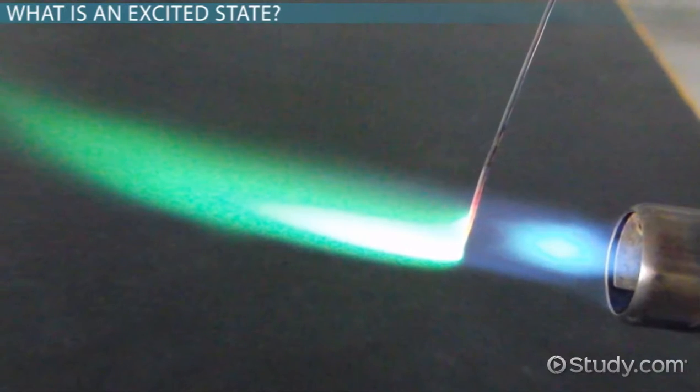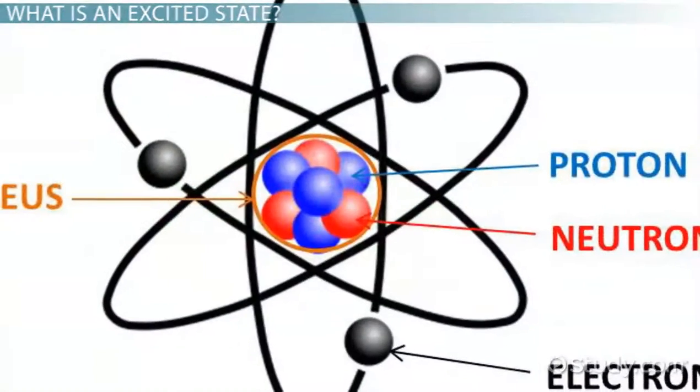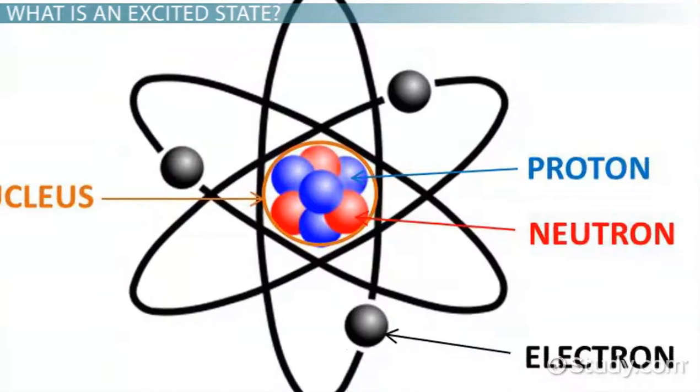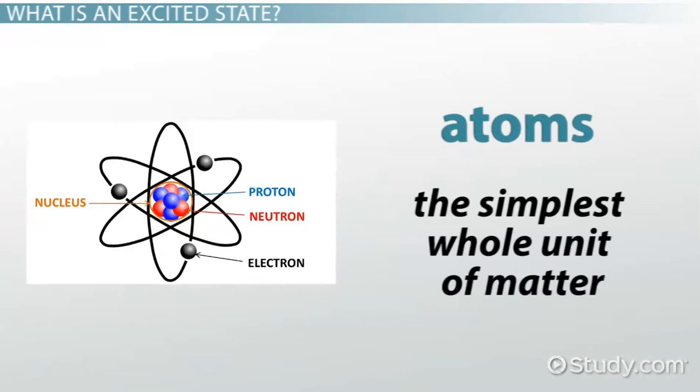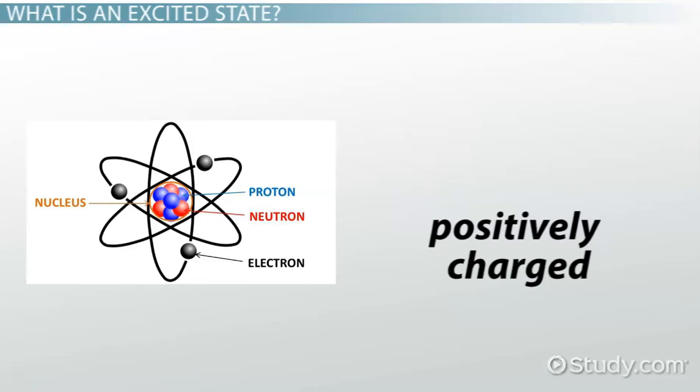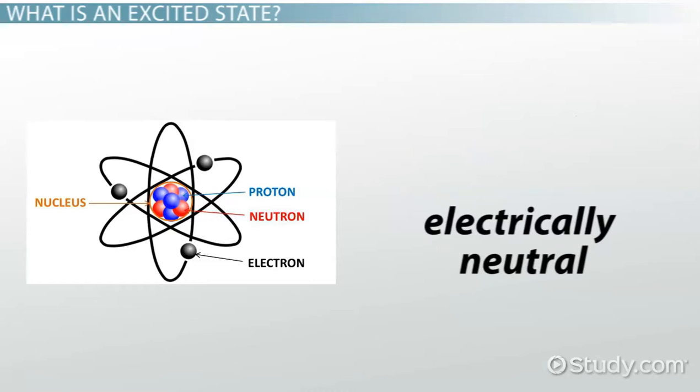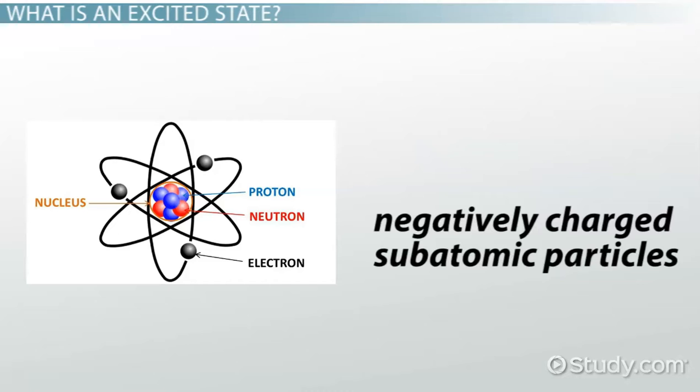known as excited states. Before excited states can be defined, some basic concepts from atomic structure require some explanation. Atoms, the simplest whole unit of matter, consist of a positively charged nucleus at the center of the atom that is made up of subatomic particles, positively charged protons, and electrically neutral neutrons, surrounded by negatively charged subatomic particles called